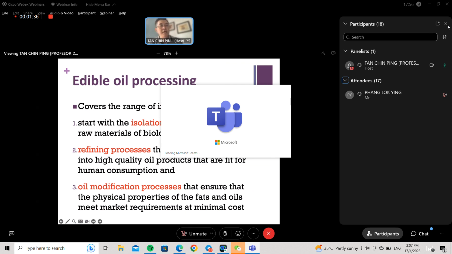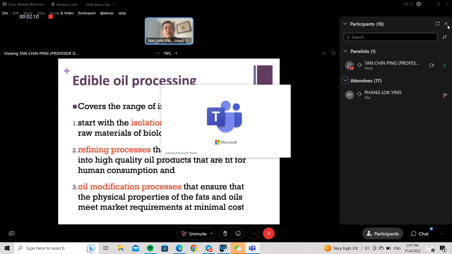Since we have already covered the industry, and given you some background of the palm oil industry, we are also going into topics such as the compositions, the physical properties, and also the chemical degradations and analysis of ethanol products. And now perhaps it's time for us to go into what will be the actual processing for edible oils and